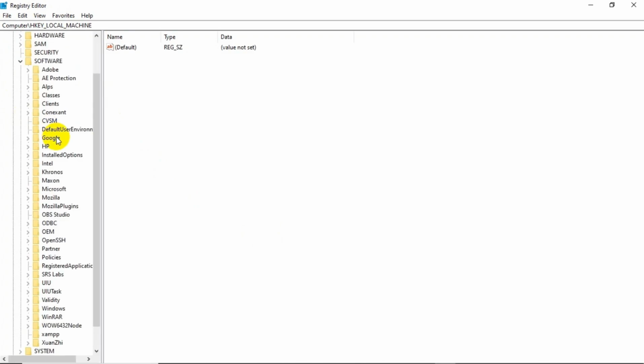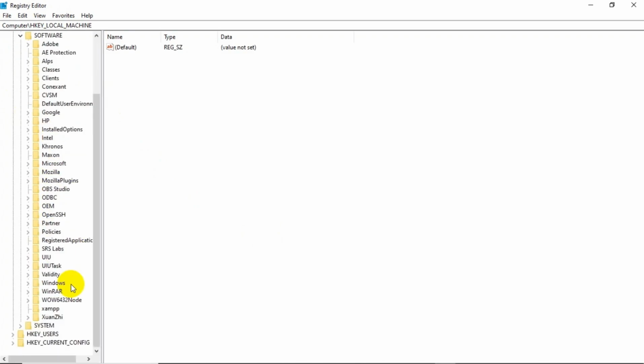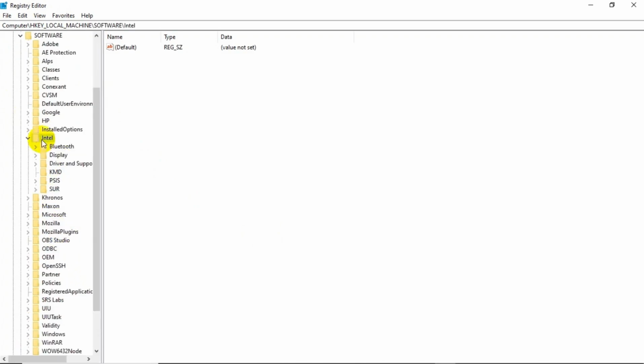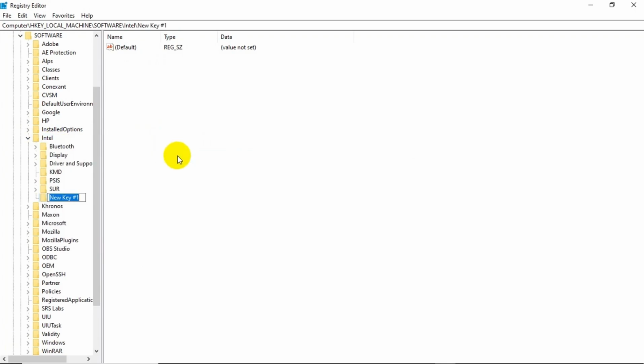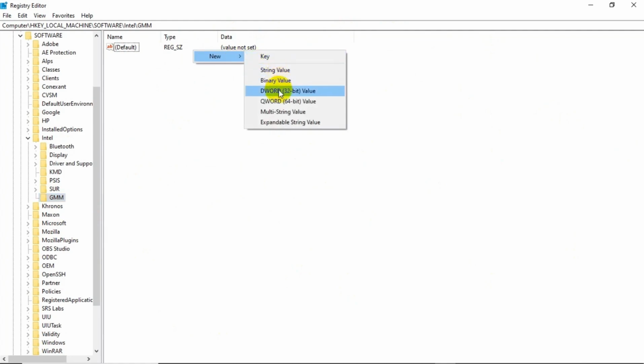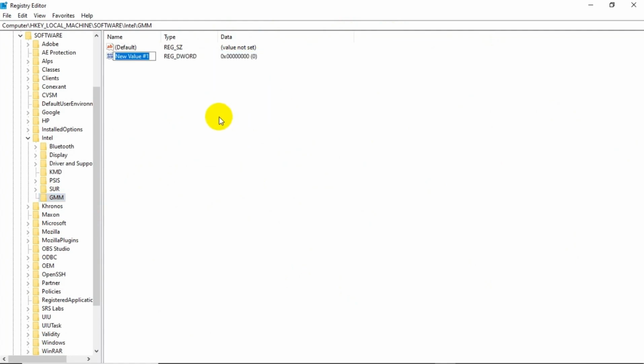After going to SOFTWARE, you will get the options. Here click on Intel, then right-click and click on New, Key over here, and name it GMM. Click Enter. By clicking on Enter, here is a default entry. Here you can see. So click on New and DWORD (32-bit) Value and then name it called